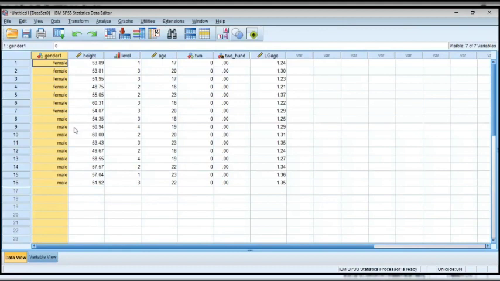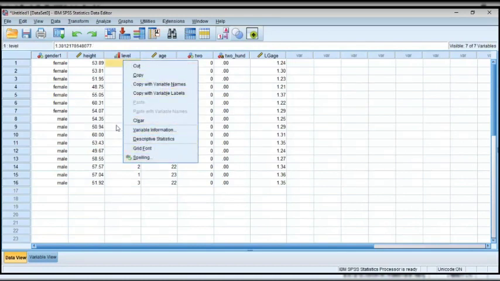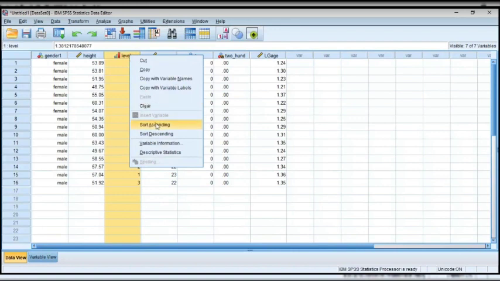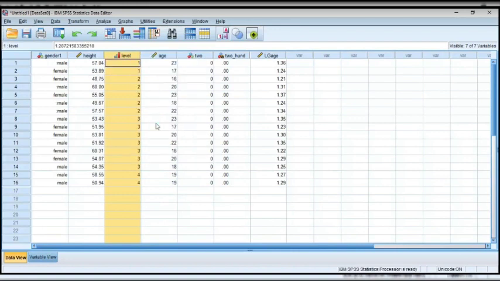When we are not seeing our data set clearly, we will not be able to know some things that are wrong or some things that should be done when we are dealing with a very large data set. We can sort the levels in ascending or descending order. We can see that we have just 200 level students among them. Just with sorting, we can describe the data set. It is necessary at times.